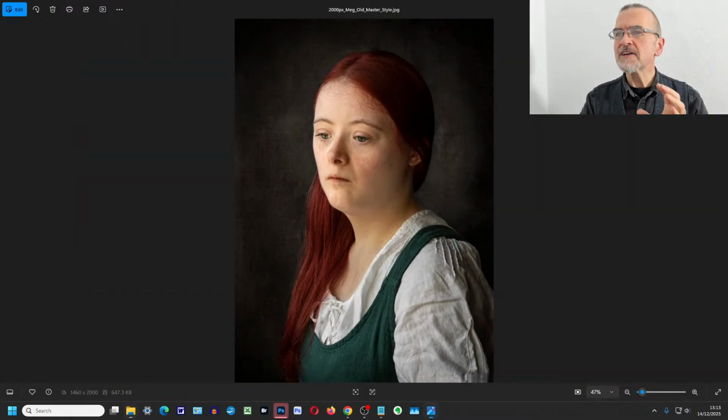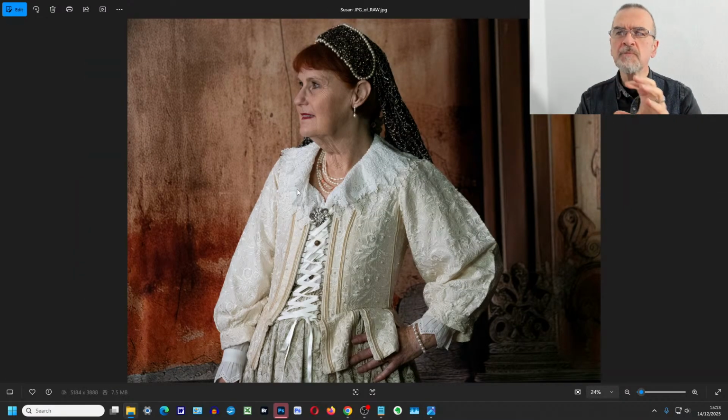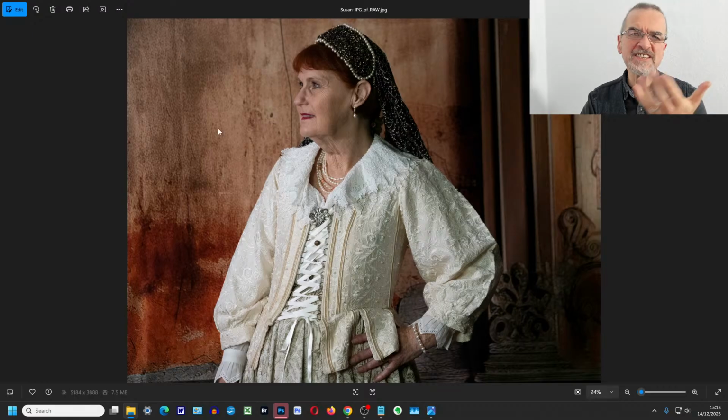So when we go back to Susan's picture here, there's potential for it. This is an interesting looking background here, little bits of wood, little bits of plaster, bits of paint. It's got that kind of feel. She's got this fantastic outfit, but the lighting isn't quite right. Maybe you could get away with that if she had her head turned back towards, from this angle, you want her turned towards the camera, either looking at the camera or looking at a 45-degree angle off to one side over your shoulder.